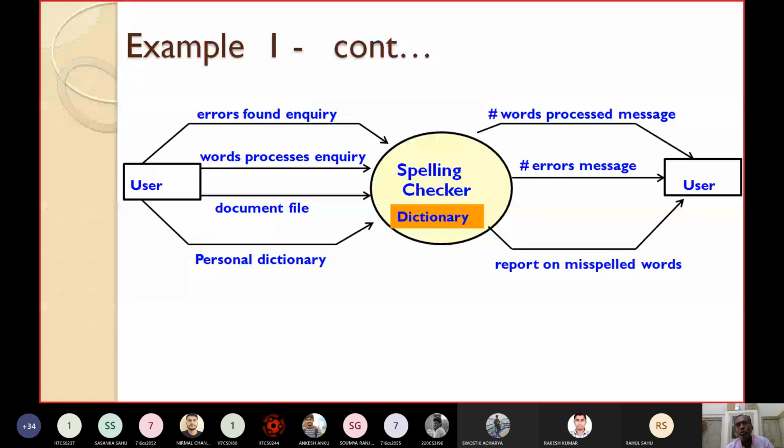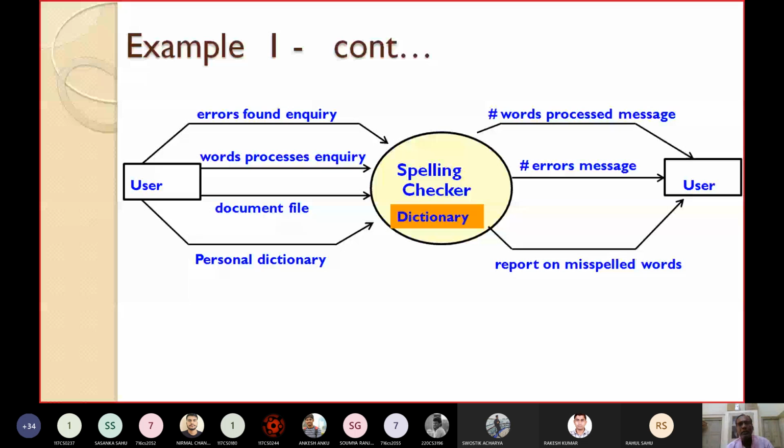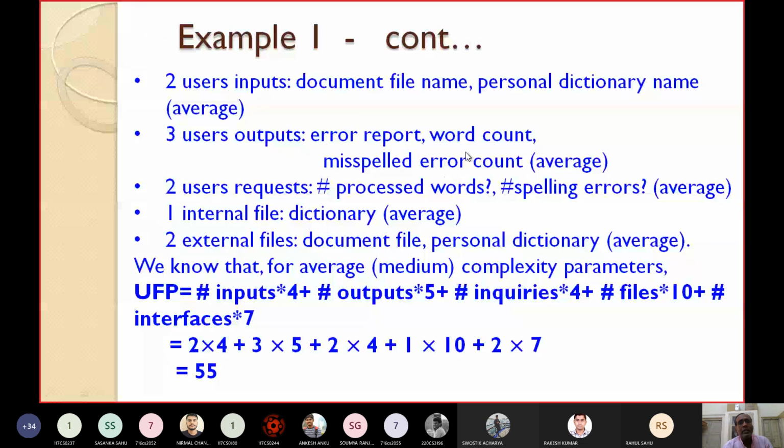You can see there are 3 outputs: number of words processed message, number of errors message, and report on misspelled words. So 3 outputs. That means error report, word count, and misspelled error count, or you can say the average. Sorry, these are 3, and you can see that these inputs are not very low or very high. So we can consider these